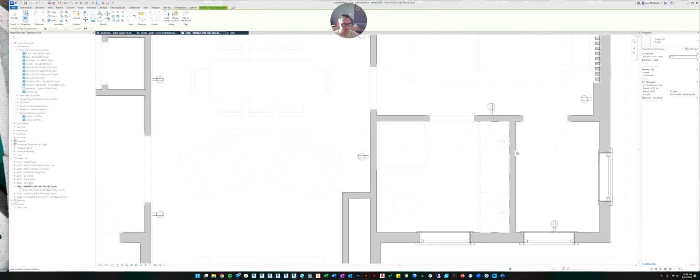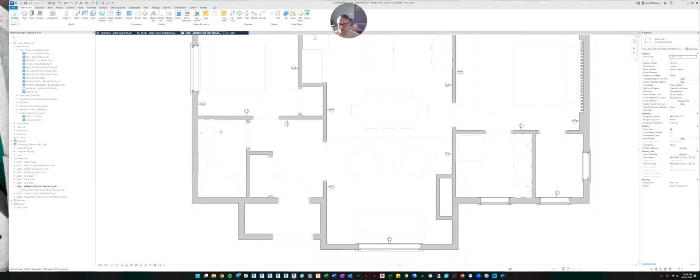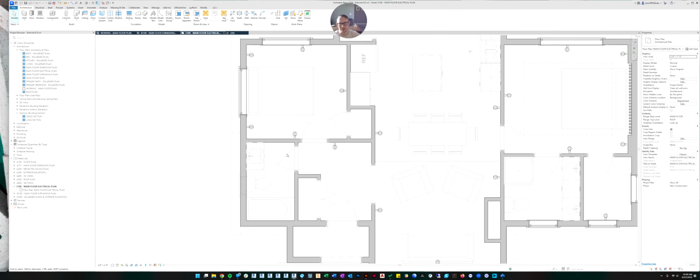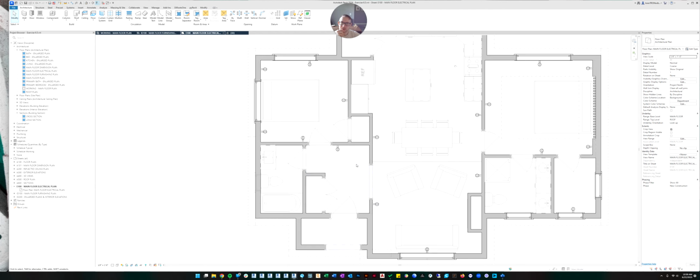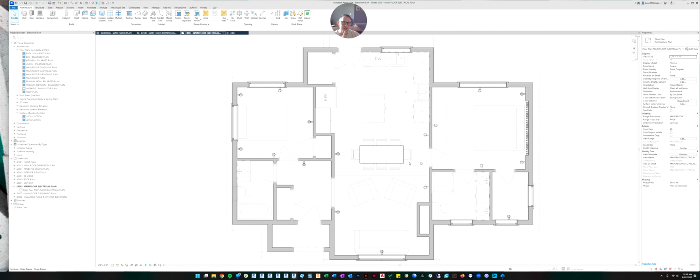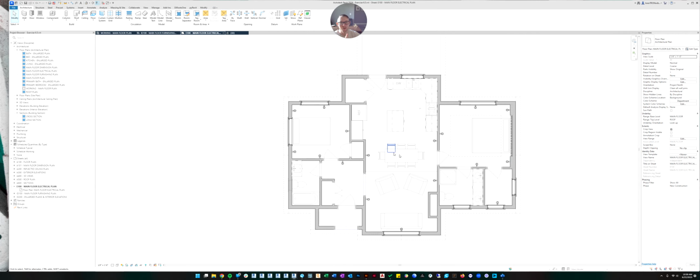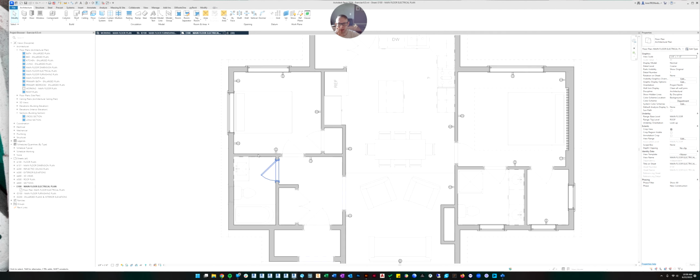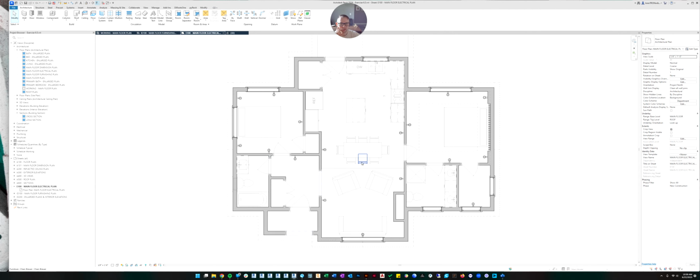Oh, and you can see it disappeared. Let's fix that first. So, do you have any ideas on why it disappeared? Because I placed it at 4 feet rather than down at 3 inches or whatever these ones are set at. You should be able to know by now, because these types of things are going to happen to you and you need to try to, in your head, troubleshoot, okay, what's the problem? Why did my outlet all of a sudden disappear? It's because the view range.